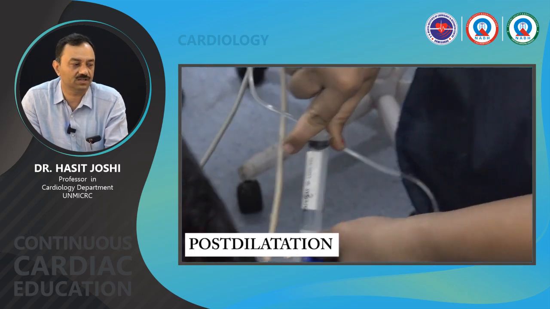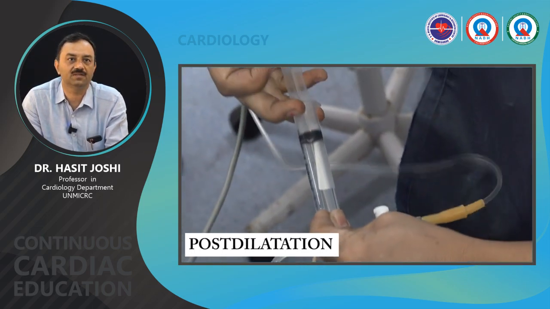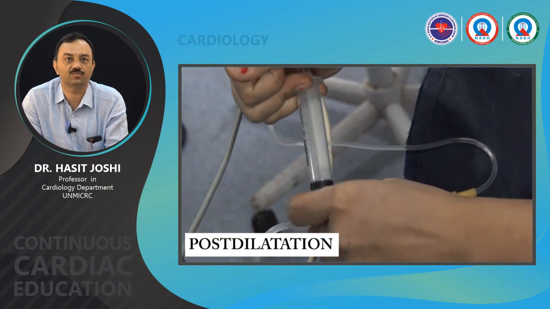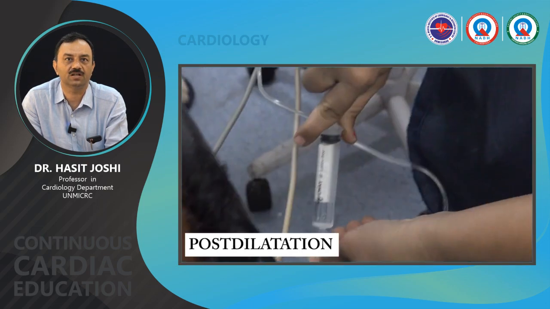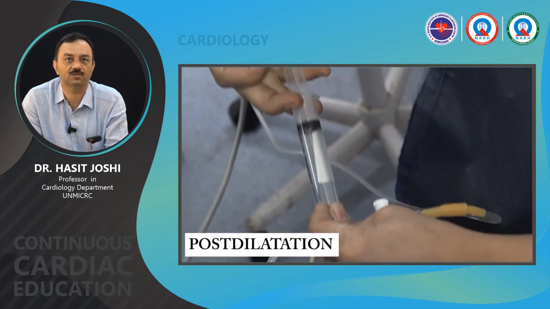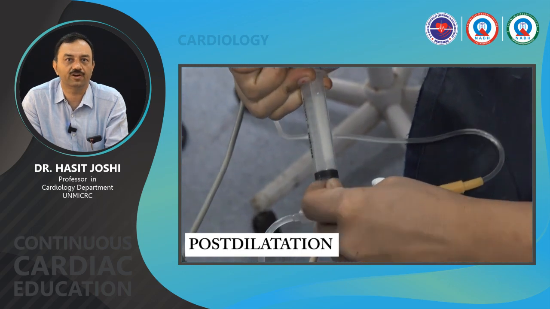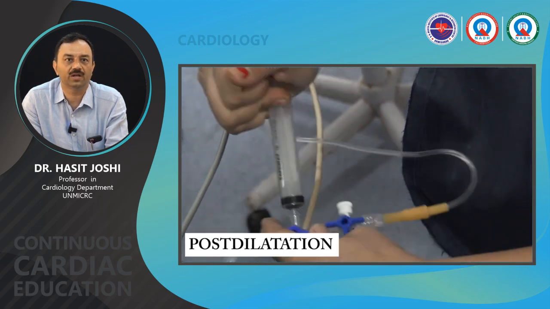Now post dilatation. This is the time, run please. This is the time when most vasovagal will occur, and if patient has low blood pressure or heart rate is low, you can upfront give atropine 1 ampule. The post dilatation, you don't have to size it to 100%, even 20% residual is acceptable in this, and usually